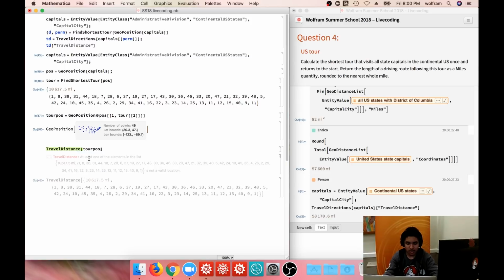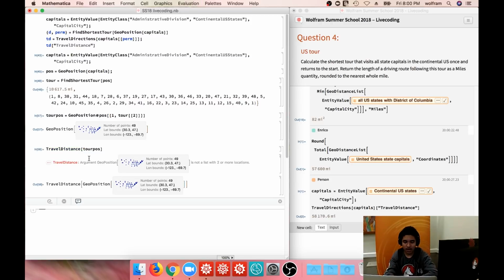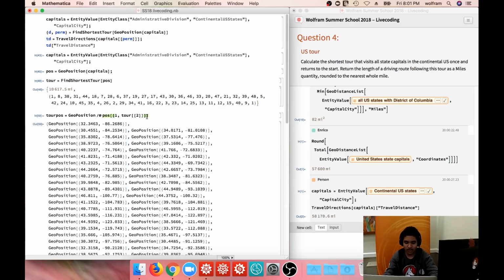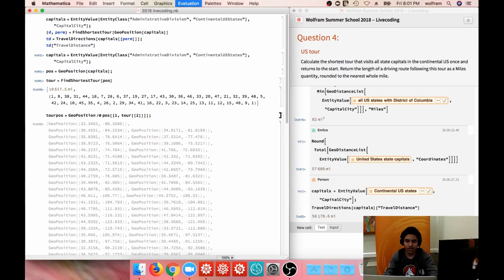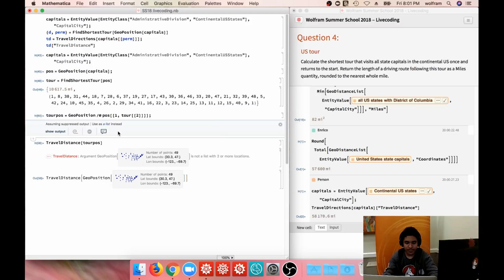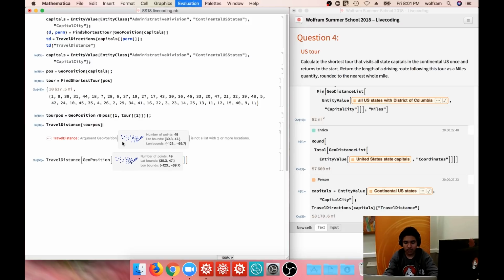as I said, it's hitting the API, so it might take a little while. And TravelDistance... oh, okay, so it wants a list of GeoPositions, so I have to map GeoPosition across there instead. So I'll get a list of GeoPositions for each of those coordinates. Okay. How's this work then? Okay. It's taking a long time, which is a good sign. So we should get in a little while, hopefully in the next hour or so,